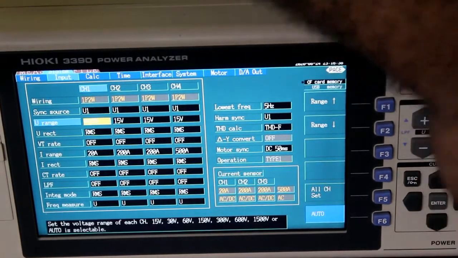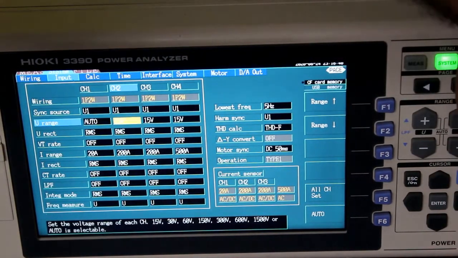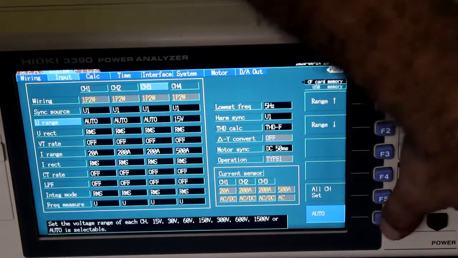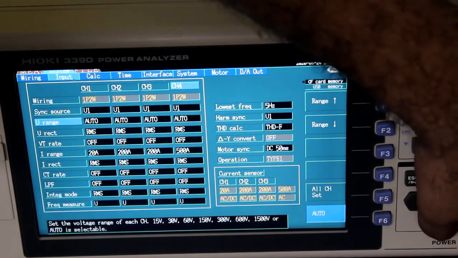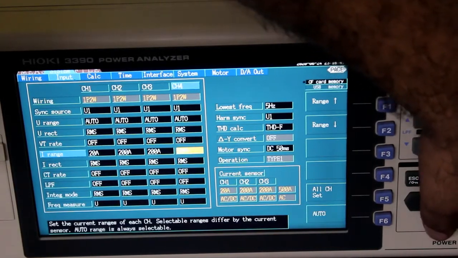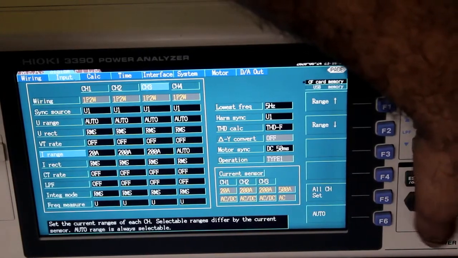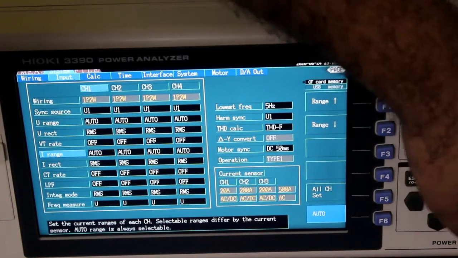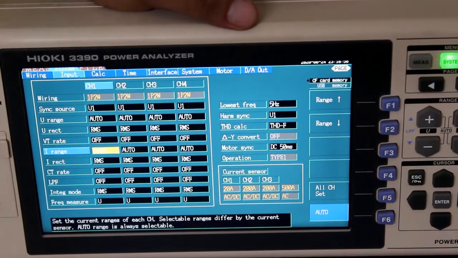So we will do that again. I'll make it auto. That's better. And for current also, it's better to be on auto. It will automatically sense the ranges and all the things are in RMS.